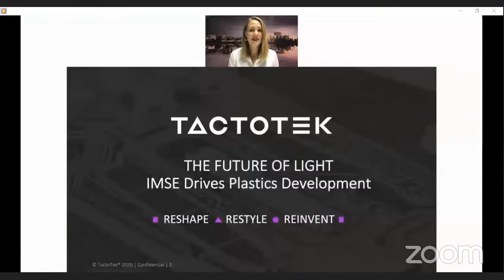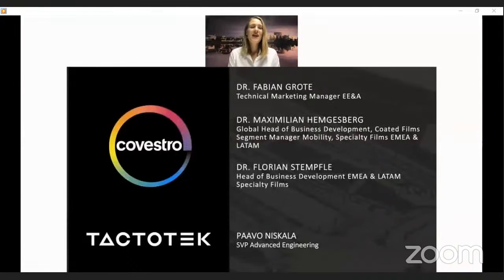As you heard in the previous presentation, also in IMSE structures, we use printings, films, and resins as means for controlling and guiding the light. And Taxotech and Covestro are working in close collaboration to develop and verify resins and films to be used in IMSE products. We are pleased to have our friends from Covestro joining us today,